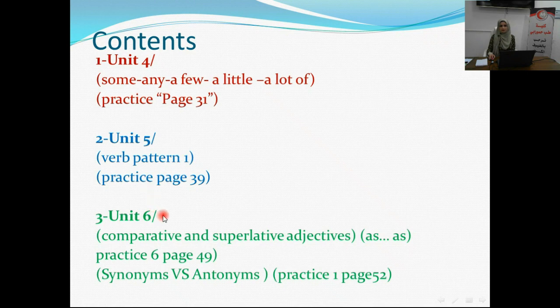After that, we are going to deal with Unit 6 to see comparative and superlative adjectives, and we are going to deal with practice number 6. Also, we are going to deal with synonyms and antonyms and practice 1 on page 52. So let's start with